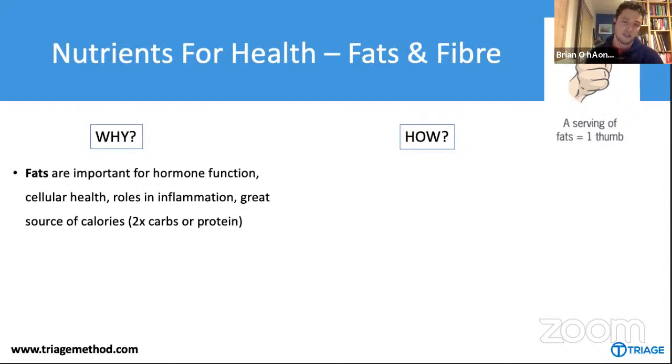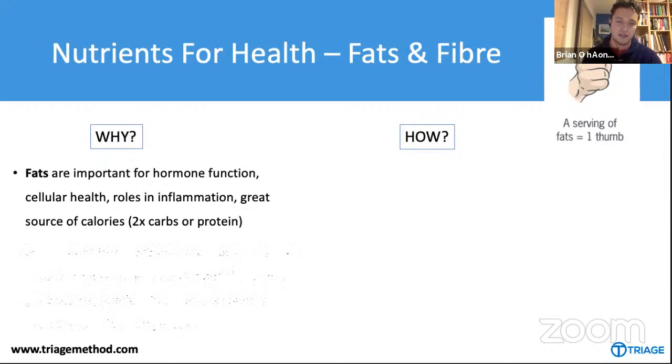Okay, so dietary fat, really important for hormone function, cellular health. It helps manage inflammation in the body, and fats are an excellent source of calories, right, for anyone who's maybe trying to gain weight. So carbs and protein have 4 calories per gram, fat has 9. So if someone's struggling to gain weight, for example, using more things like olive oil in cooking or on vegetables is a great way to get really easy calories in. Snacking on nuts and nut butters and things like that. Fats can be really useful there, but they're really important for overall health. So as a rule, you don't want to go below 30 grams of fat per day.